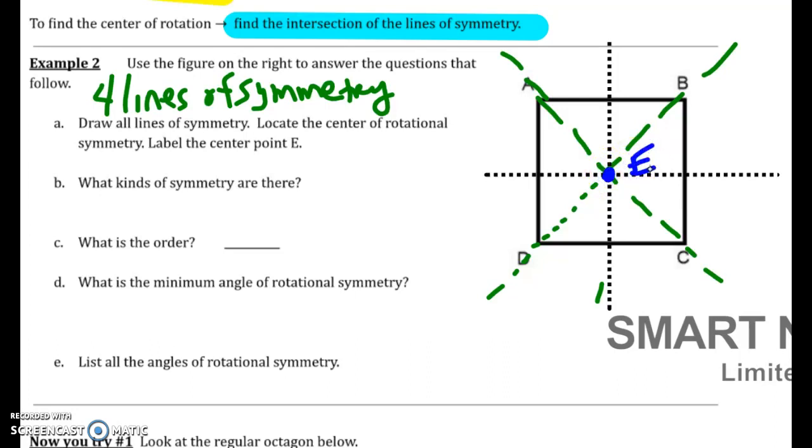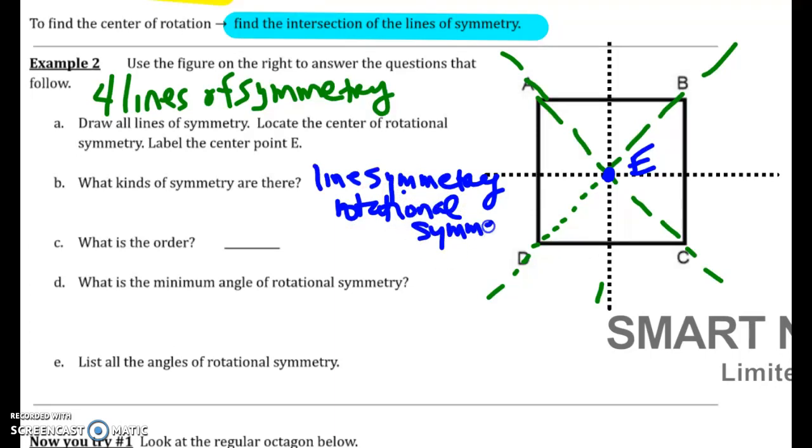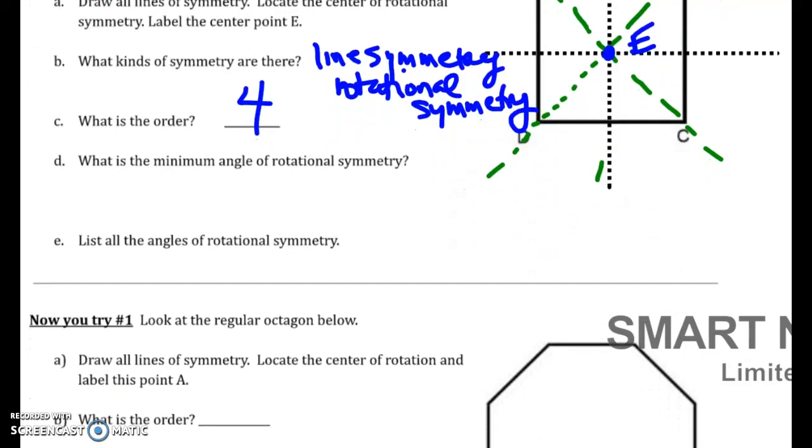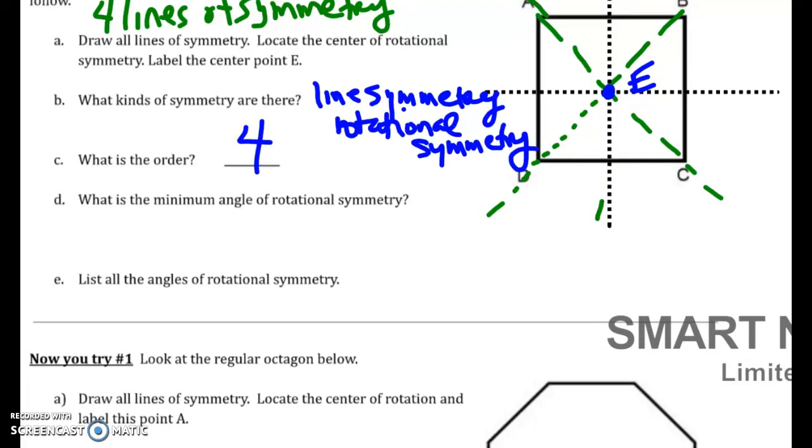So what kind of symmetries are there? We have linear symmetry or line symmetry, and we have rotational symmetry. What is the order? Okay, we know that since this is a regular polygon, the order equals the number of sides that it has, so the order is 4. There are 4 rotations that will take